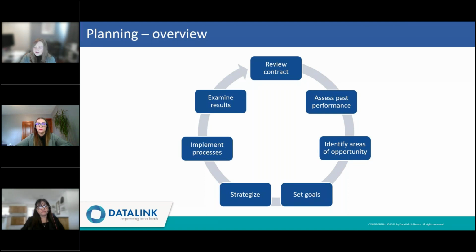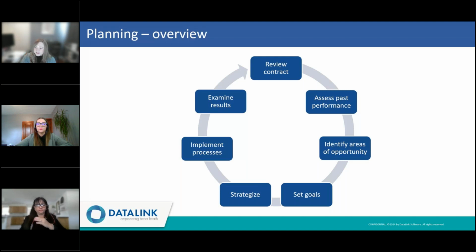From there, we have the ability through brainstorming and predictive analysis to set goals. I do want to emphasize here how advantageous it can be to utilize a data-driven population health tool to assist in assessing past performance, identifying opportunities, and setting goals. And we'll look at that together over the next couple of slides. After we have our goals set, then we need to strategize. Yossi is going to go in much more depth in relation to strategy in just a few minutes.